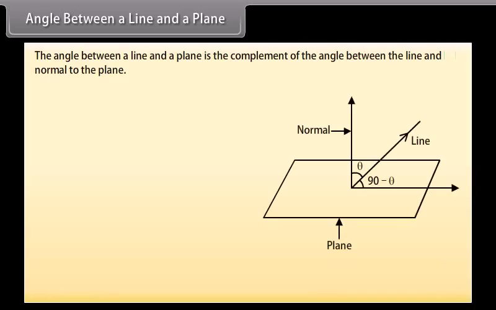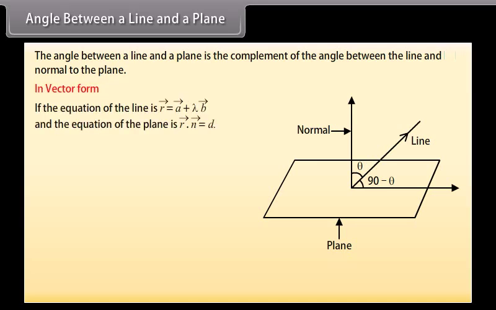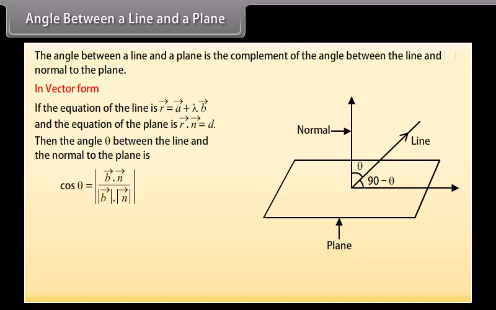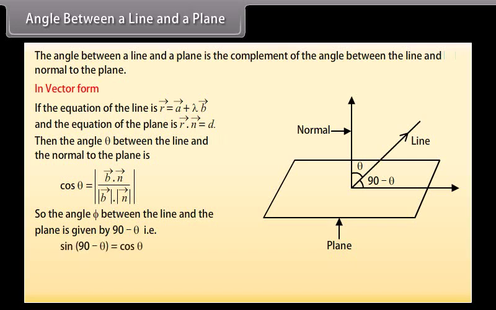Angle between a line and a plane. The angle between a line and a plane is the complement of the angle between the line and the normal to the plane. In vector form, if the equation of the line is vector r equals vector a plus lambda vector b, and the equation of the plane is dot product of vector r and vector n equals d, then the angle theta between the line and the normal to the plane is given by cos theta. So the angle phi between the line and the plane is given by 90 minus theta, that is, sine of 90 minus theta equals cos theta, and